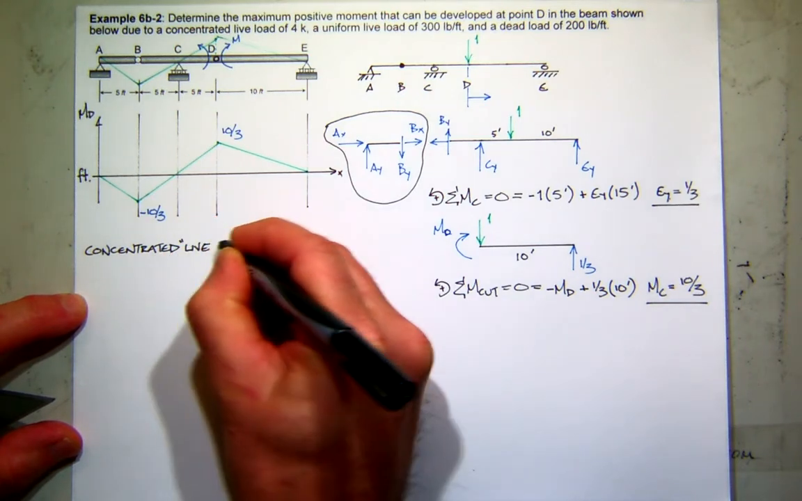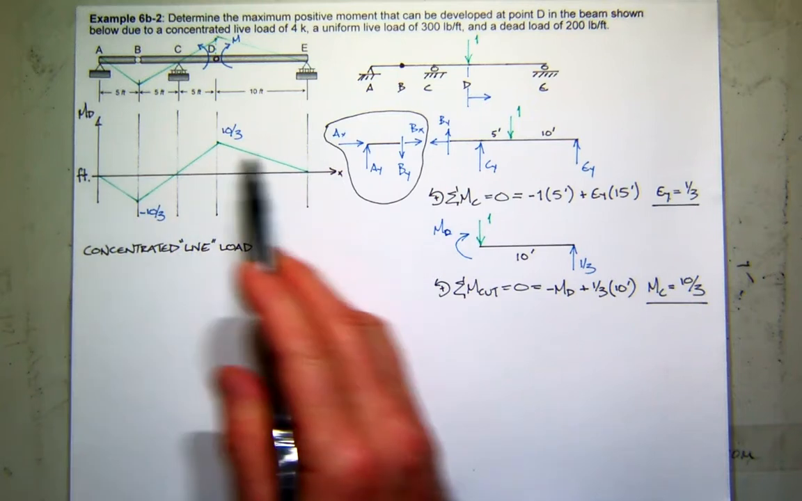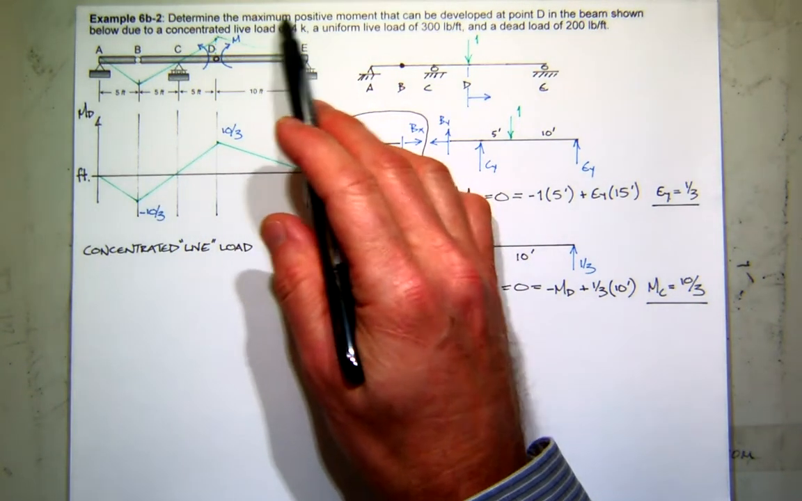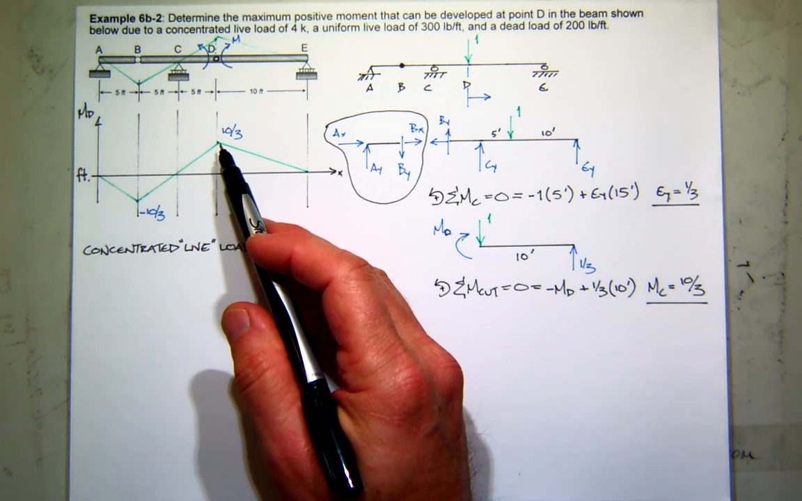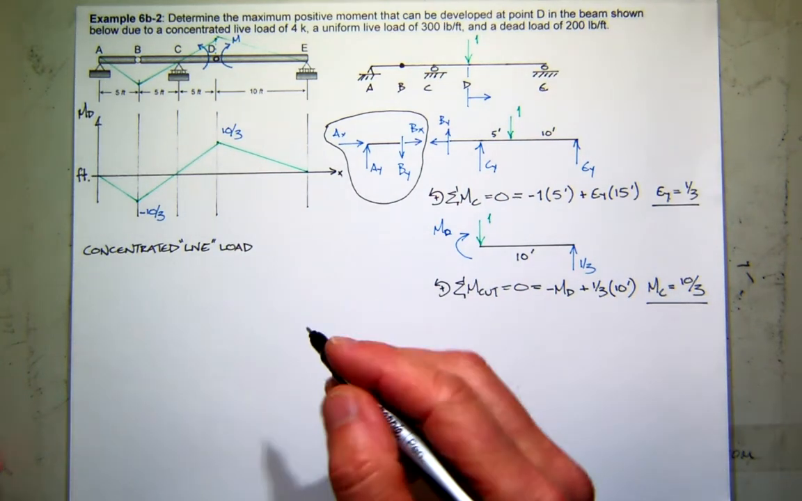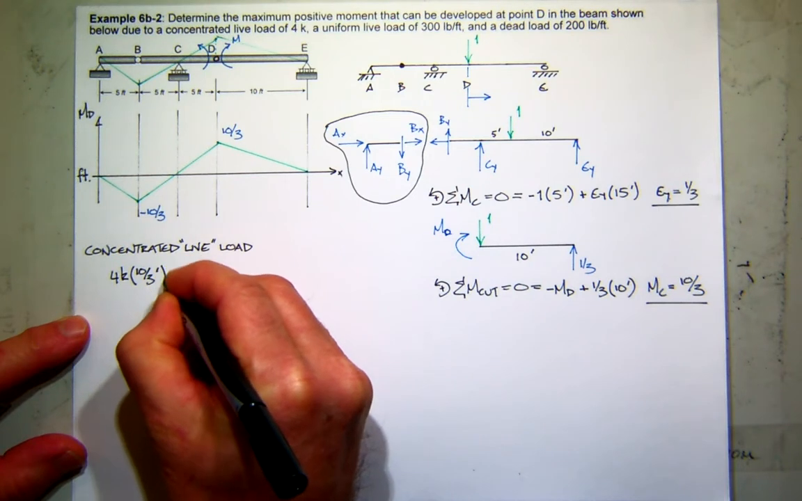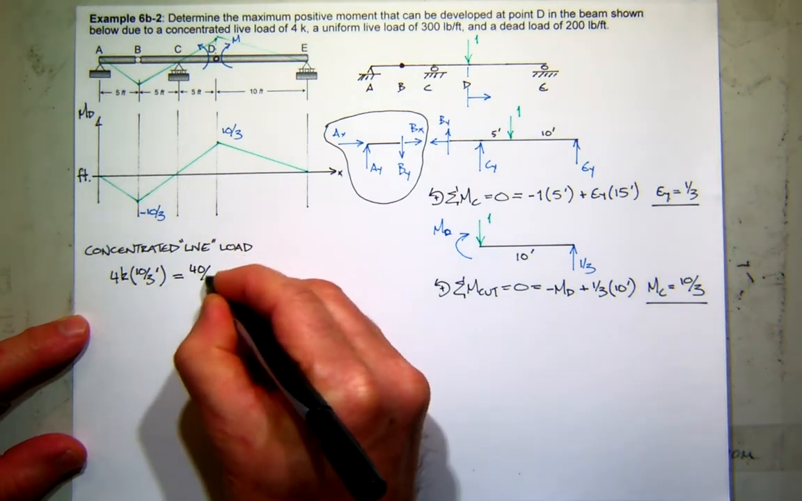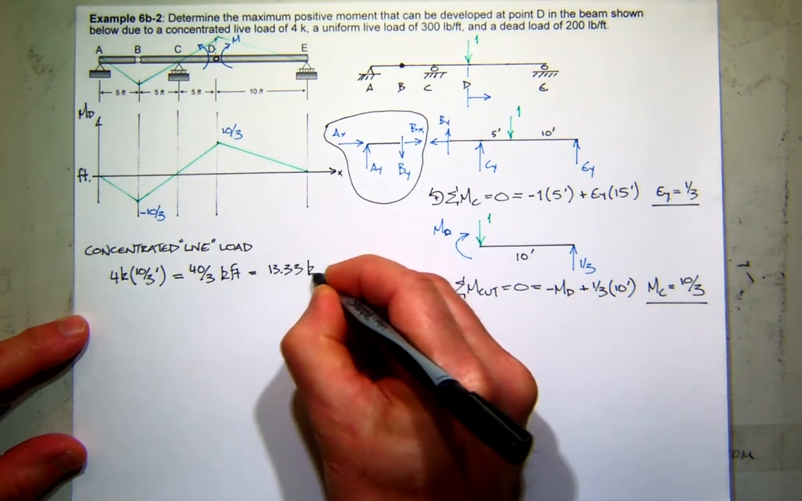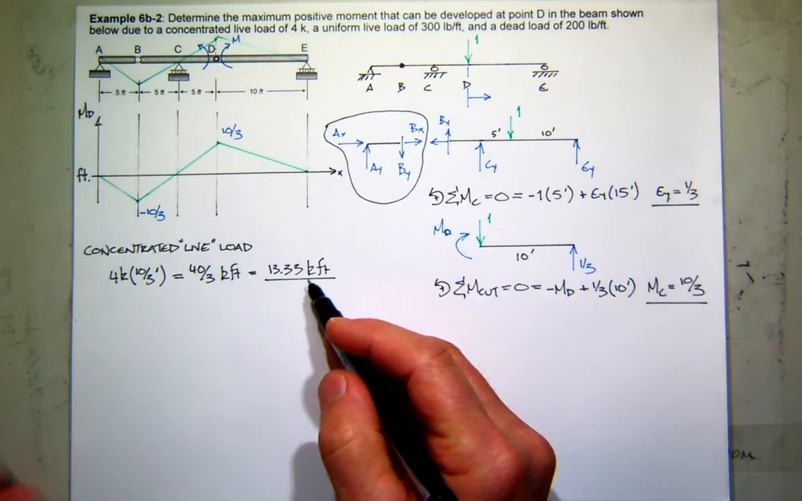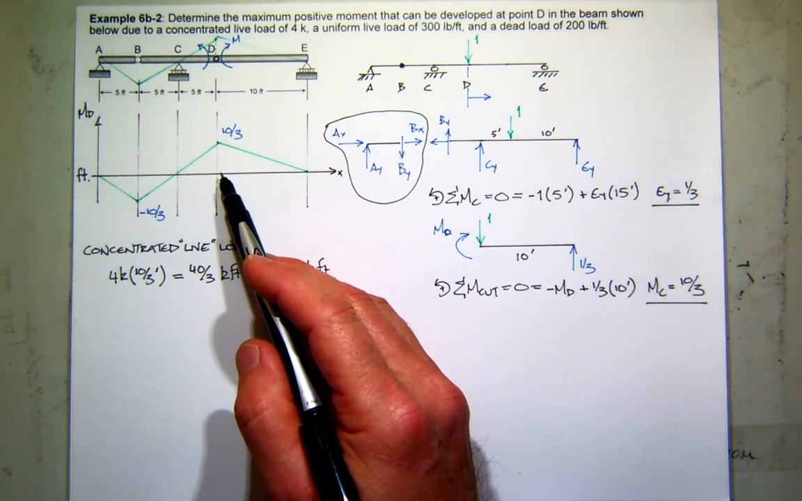Now, live means what? Moving. It moves. So we've got a point load of 4 kips. It can be any position it wants in the structure. Where should it be such that it creates the maximum positive moment? Well, you look at your influence line, you find the maximum positive value, which is right there, right above D. So that's where your load will go. So what's the effect of that? It'll be a 4 kip force times this value, which is 10/3 feet, and you get 40/3 kip feet, which is 13.33 kip feet. So that's the moment at D